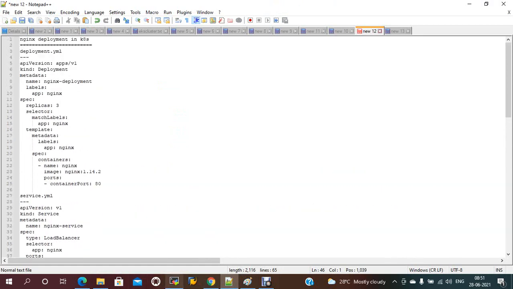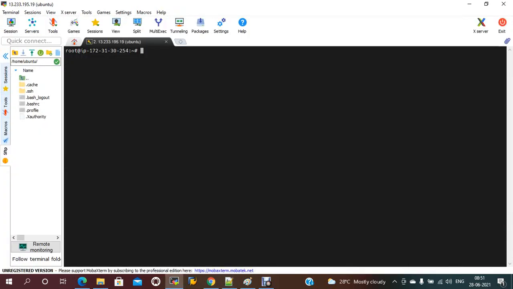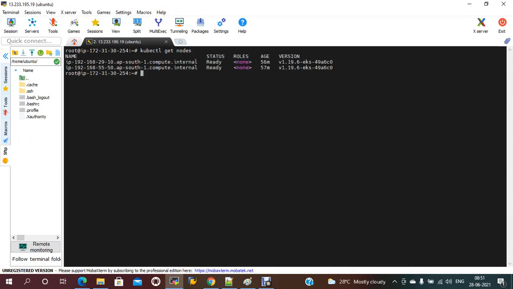My cluster is set up as an EKS cluster with two nodes. kubectl get node. Currently, I don't have any pods. kubectl get pods. There is no resource available.